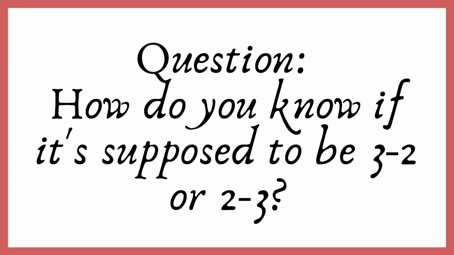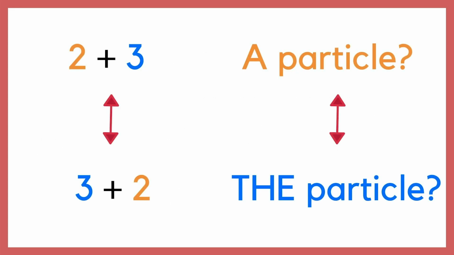How do you know when to change a 3-3 combo into a 2-3 and when to change it into a 3-2? For me, it's just experience. Someone else might have a better explanation. If so, please leave a comment. But for me, it's just that you hear it a lot and it comes naturally. Just like when people say in English, when do you use a and when do you use the? A lot of times, I don't know what to say. It just sounds right, that's all. If someone has a better explanation, please leave a comment.